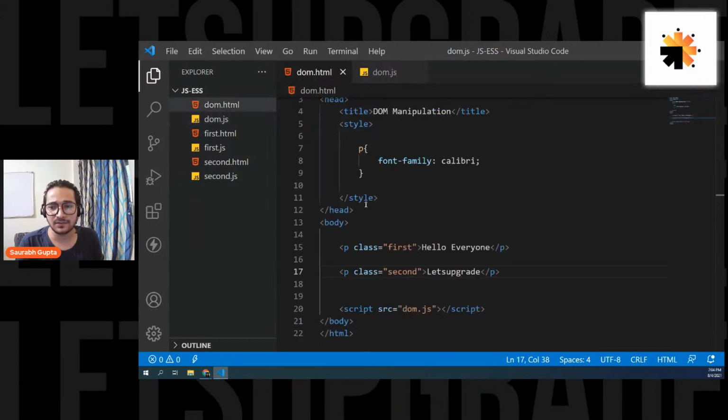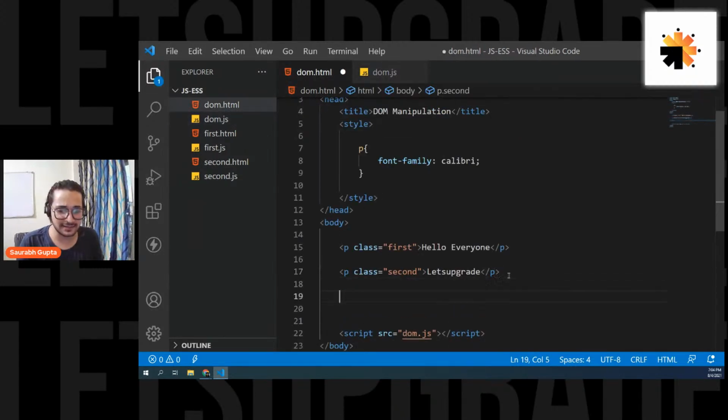And also see, guys, if you want, you can also give IDs like this. Let's say, hello. I'm not explaining what class and ID are, because I'm assuming that you know this. If you know HTML and CSS, you know what ID and class are. If you don't know, please go to my HTML CSS Essentials on YouTube. You can watch it and understand what ID and class are, and everything.